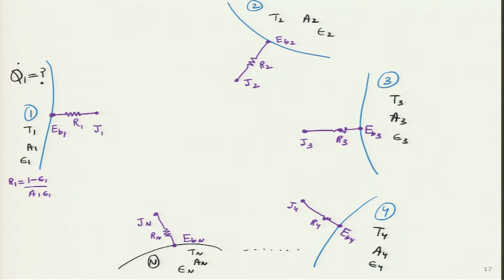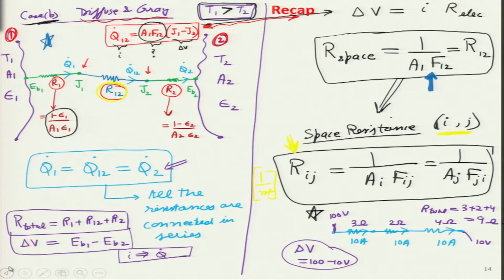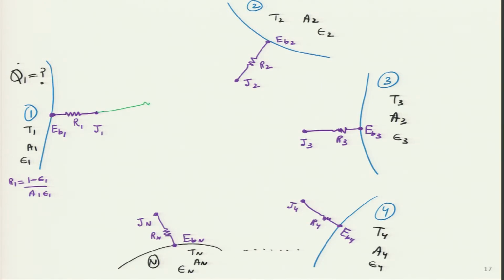With that feeling in mind, I am going to temporarily ignore surface 3, 4, 5 and all up to n. I am seeing only 2 surfaces, surface 1 and surface 2. Let us forget everything else. If there is only surface 1 and surface 2, then what will happen? Then the answer I think is clear, because last time we already did it. Then the problem becomes like this: surface 1, surface 2 directly in series we will connect, which means I will connect like this.